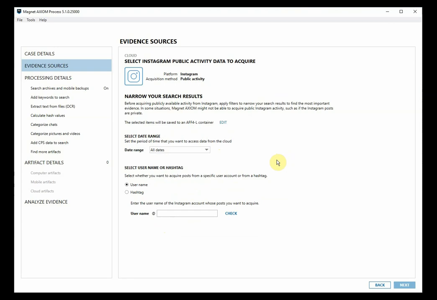with a particular hashtag. If our acquisition is for a username, we can obtain the targeted user account or username by searching on Instagram and selecting the account. The username that needs to be specified here will be at the top of the user's data that displays after selecting the account. After you enter the username,